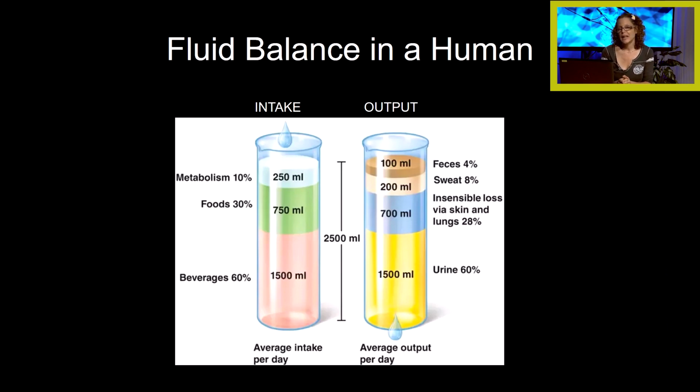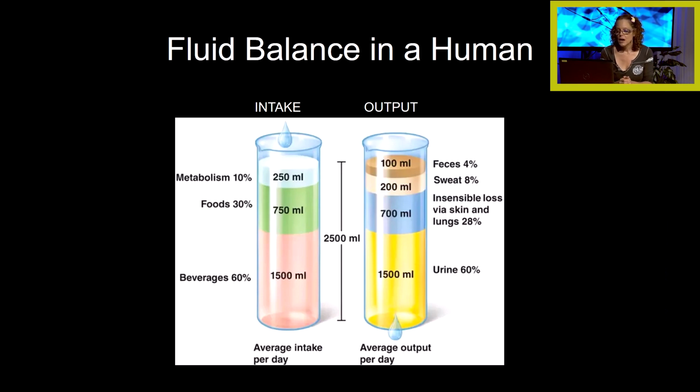So we take fluids in through drinking. We take fluids in through our foods and through our metabolism. We actually make fluid. So for output, in terms of fluid going out of the body, we lose about 1,500 mLs